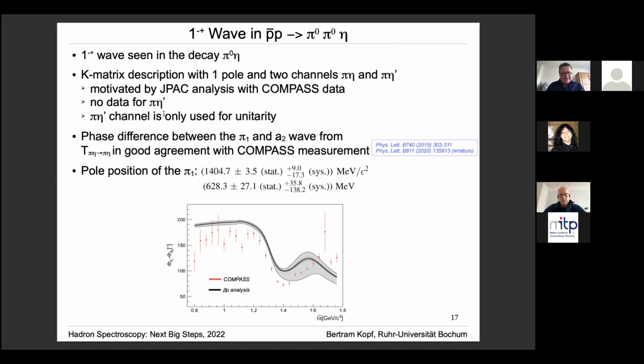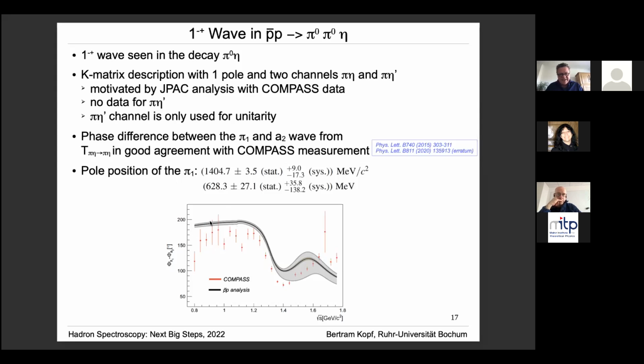In our case, for this analysis, no data for pi eta prime were available. So we have only used this channel due to unitarity reasons. But the result is in principle very interesting because when one looks into the phase difference between the pi1 wave and the A2 wave from the T-matrix, which we have obtained. So this is a fit without any COMPASS data, but when one compares this with the COMPASS measurements